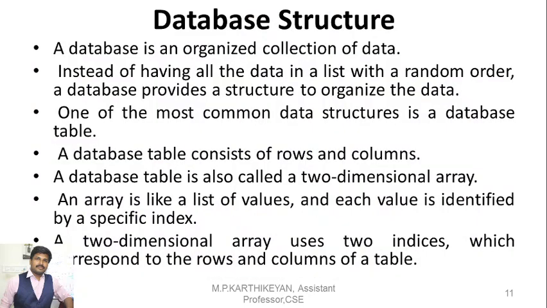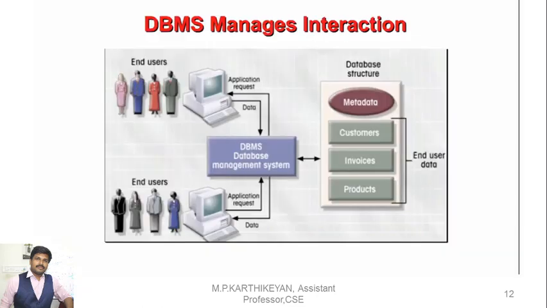Now the database structure. A database is a collection of rows and columns, right? If we convert it into a coding language, it can be given as a two-dimensional array format, where one array gives the rows and one array gives the columns. A combination of both rows and columns gives us a proper data structure. So a database structure is nothing but a two-dimensional array format. Is it clear? How it is manipulated or organized is through a specific index, which in this case we can take as the primary key. This is how a database interacts.